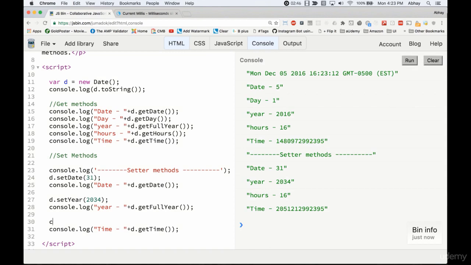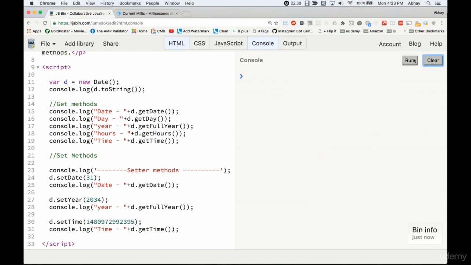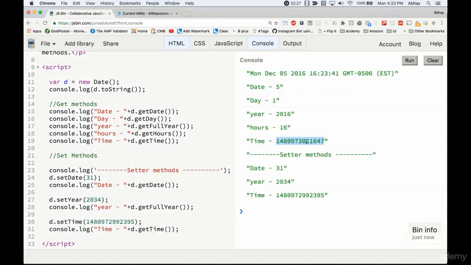Let's try to do a d.setTime, and again, just the way we returned milliseconds, we can also pass in the milliseconds, and let's see what happens. So instead of returning 647, it returned us 395 because that's the millisecond we passed for the date after that. So the date actually got updated. And if you just do a getToString,